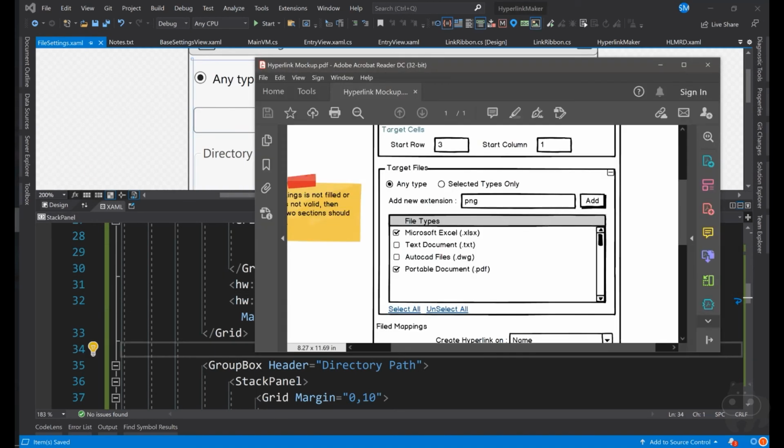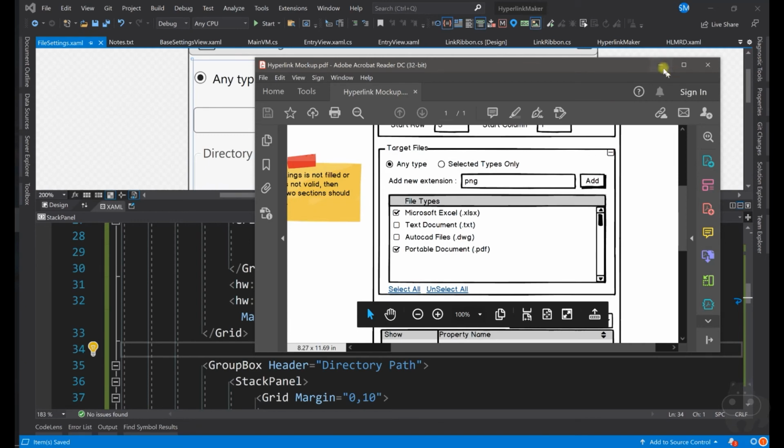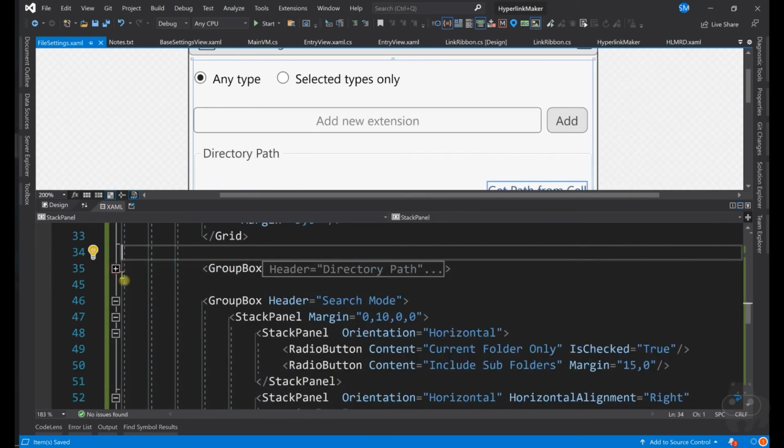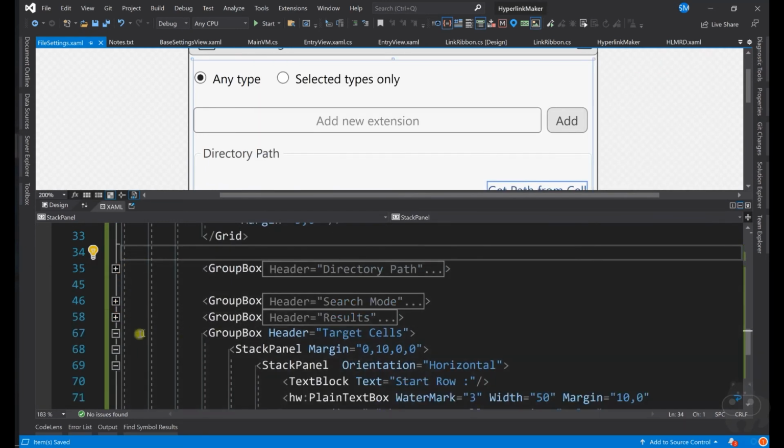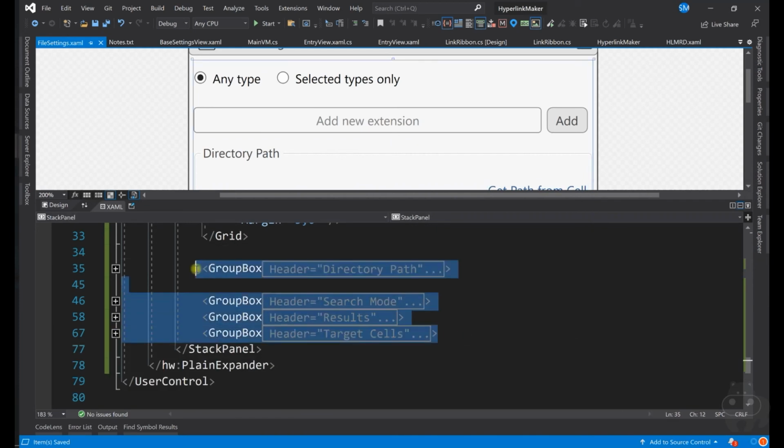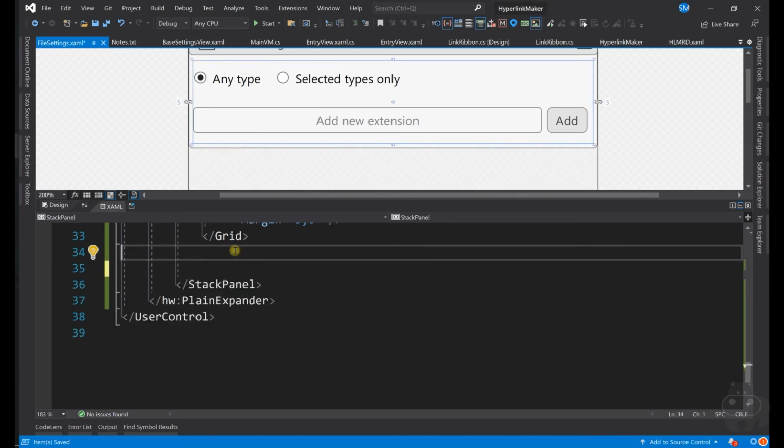And the next step is simple. What is this? List box, and you have two linked text in the bottom. So let's remove everything else and add plain list box, list view. Okay, list view.